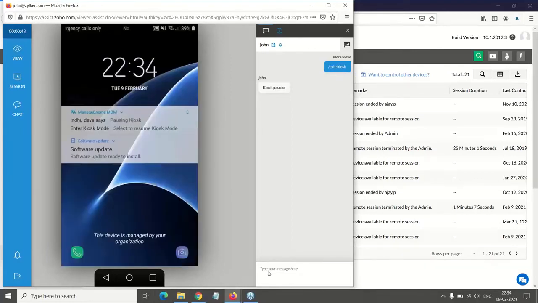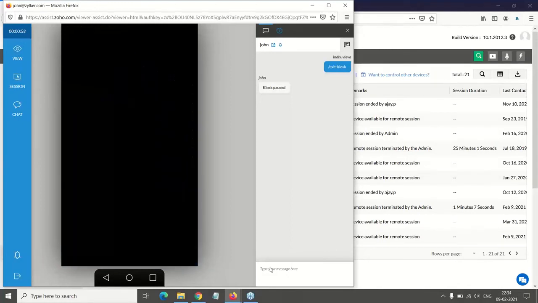And once it's done, if your troubleshooting is done and if you want it to be put back in kiosk mode, you can just enter kiosk again. So this will resume the kiosk mode on the device, and only the allowed applications will be available on the device.